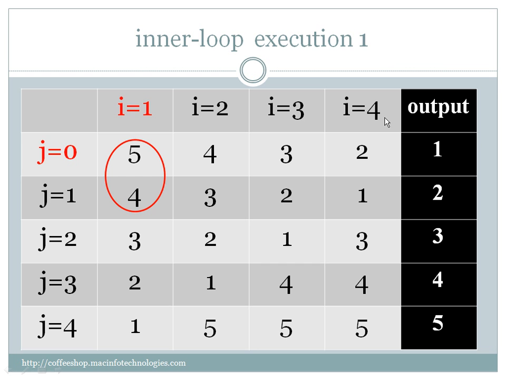So this is the outer loop, I value is the outer loop. So when I is equal to 1, first J is equal to 0, so it will execute n minus I, that is 5 minus 1, 4 times. So 1, 2, 3, 4, it will execute for 4 values. So first when J is equal to 0, A of 0 and A of 1 are compared. A of 0 is greater than A of 1. So this is the if condition in the program: A of 0 is greater than A of 0 plus 1.